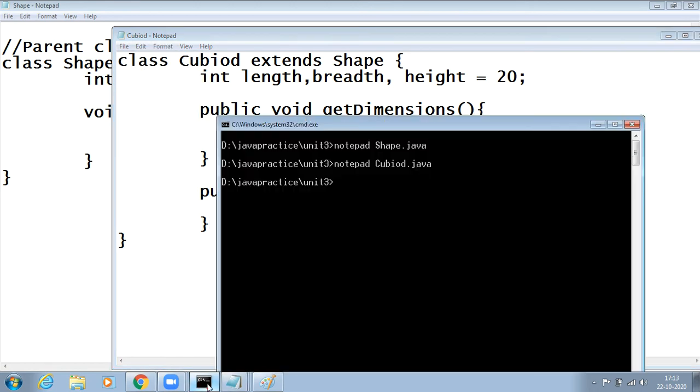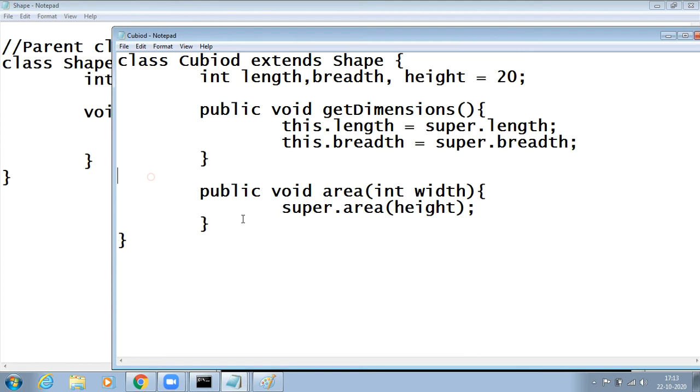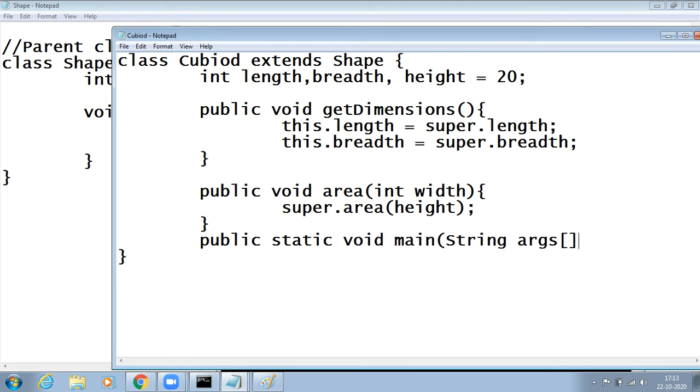If you want, you can run it now by saying javac cuboid.java. It compiles successfully. If you want to get output, you just keep a main method here: public static void main, and say Cuboid c equals new Cuboid. I'm not focusing on logic, I'm just showing the concept here.